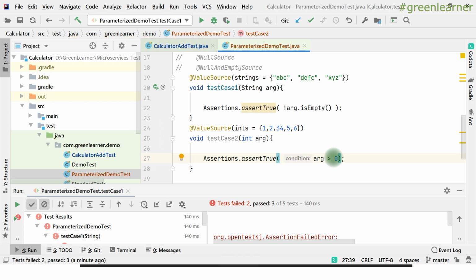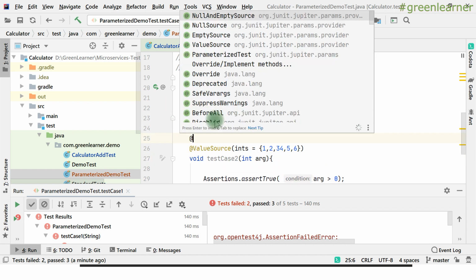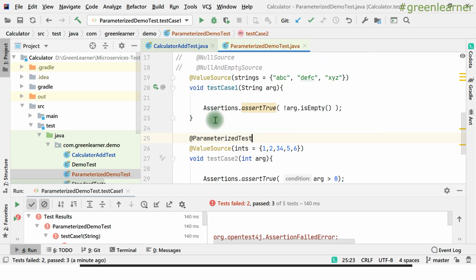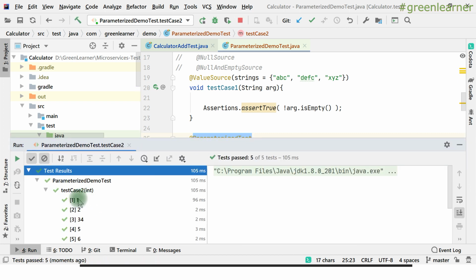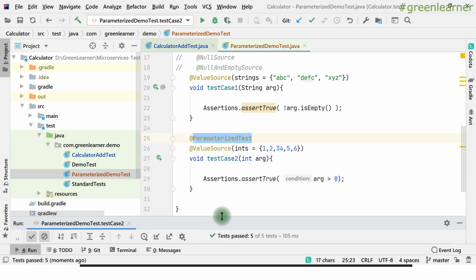So are all the numbers that I'm passing greater than or equal to 0 or not, right? So I have to use parameterized test. This value source is going to work along with the parameterized test, right? So this has to be kept in mind. This one is also working properly. So this is about the sample one.